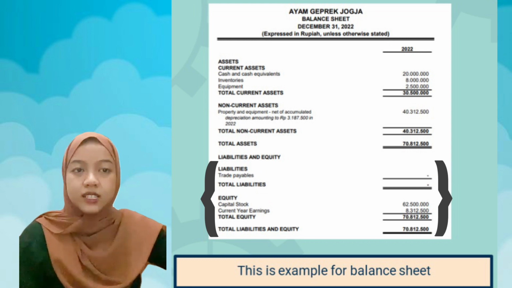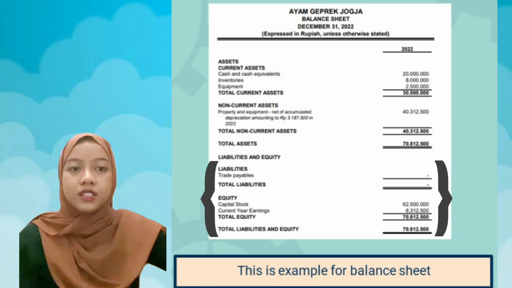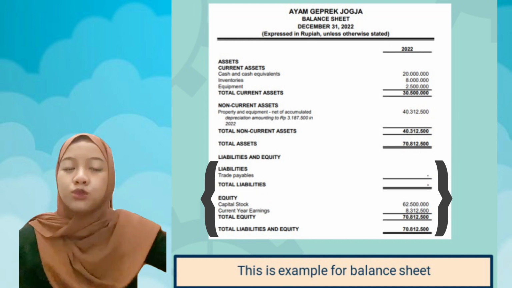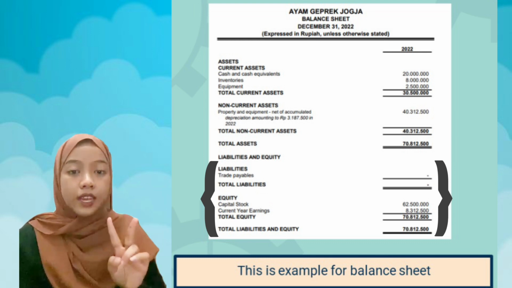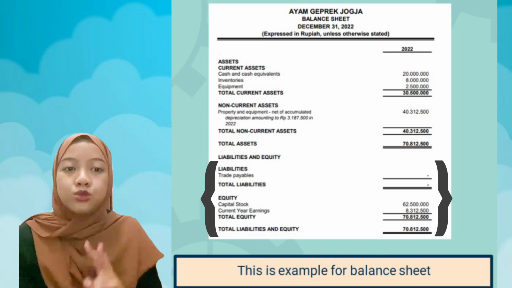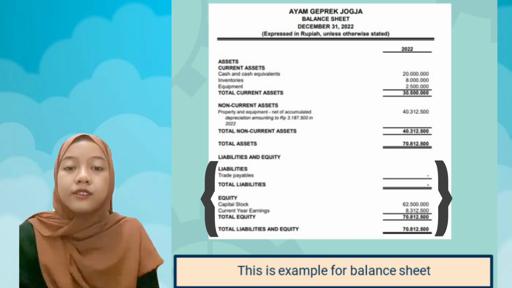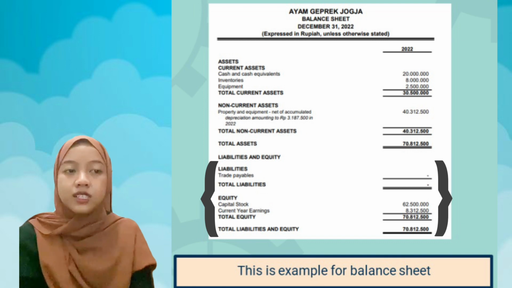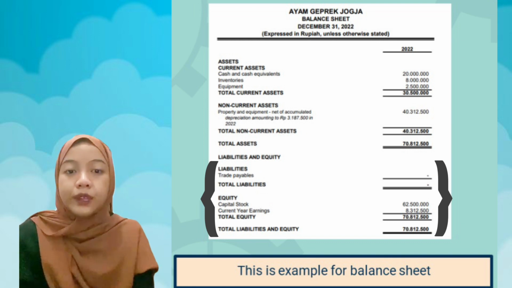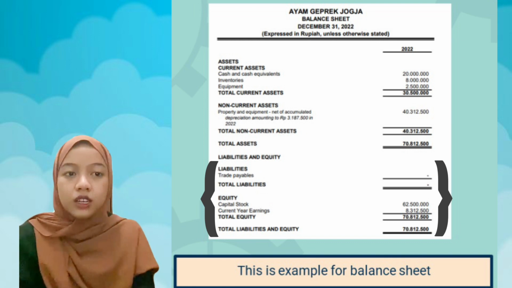Next, liabilities and equity. First, liabilities. The liabilities section is trade payables. But here it is zero because there are no trade payables. Second, equity. There are two parts to equity. The first, capital stock, is 62,500,000 rupiah. Second, current year earnings is